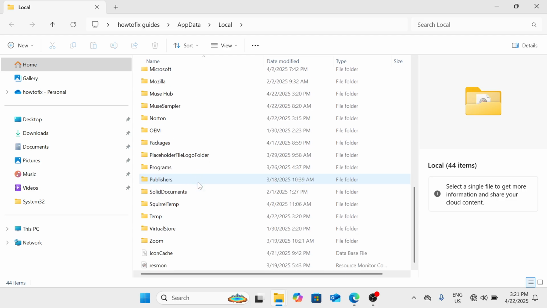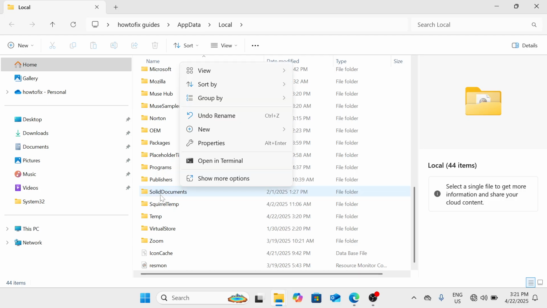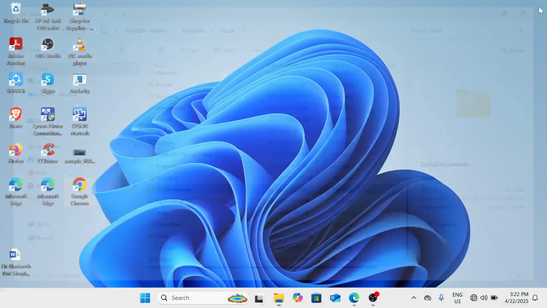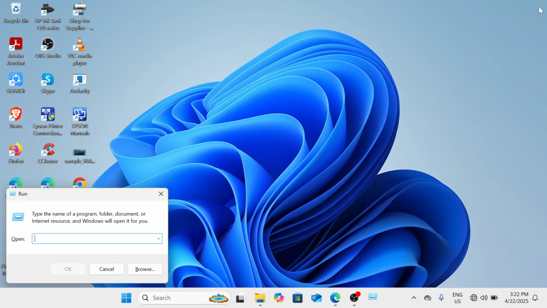window. All you need to do is look again for the Discord application or Discord folder. Once you have found it, just do the same as what we did earlier. Select it first and then right click on it and click on the delete button, and then it will be deleted from your device. Once you're done with this one, close this window and open the Run window again, and this time